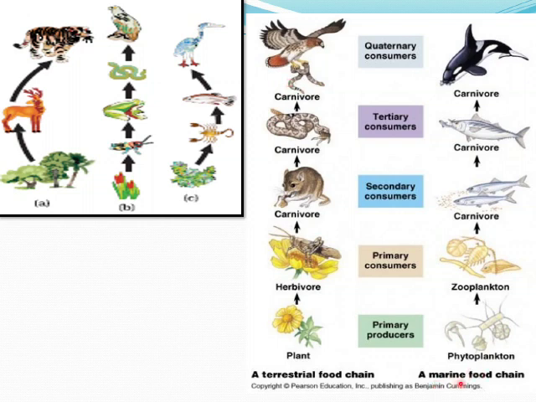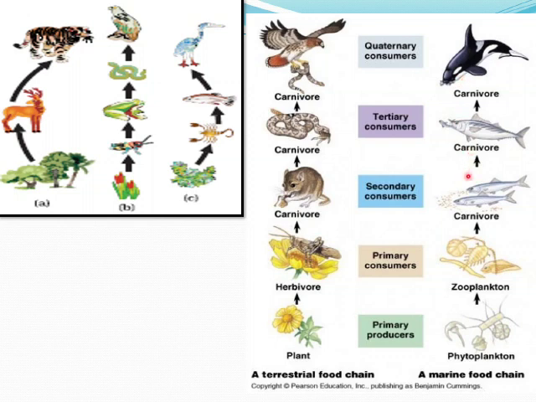So this is marine food chain. Marine food chain means aquatic food chain. In the aquatic food chain, if you see here, this is phytoplankton. Phytoplankton means the plants which grow in the water. This phytoplankton is eaten up by zooplanktons, means the small living organisms which are present in the water. These small aquatic living organisms are eaten by small fishes. These small fishes are eaten by big fishes. These big fishes are eaten by another kind of big fishes.